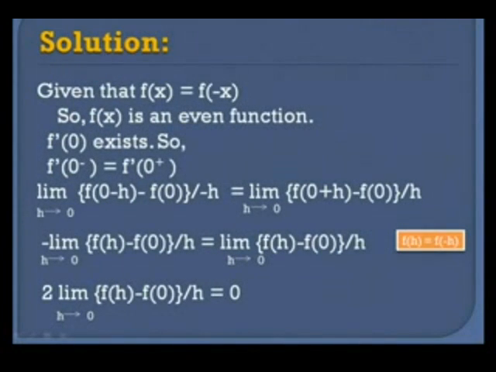Now we have been given that f(x) is equal to f of minus x. So we can say that f(x) is an even function, that is it is symmetrical about the y-axis. It has also been given that f dash 0 exists. So for a function to be differentiable, the left hand derivative should be equal to the right hand derivative at the point x equal to 0. So the left hand derivative is limit of f of 0 minus h minus f of